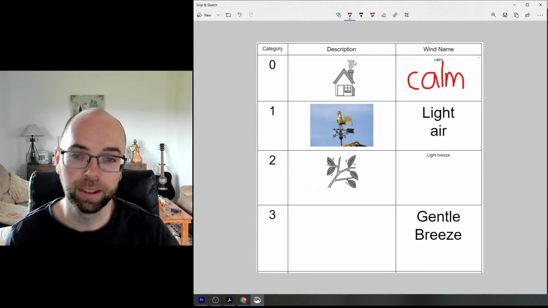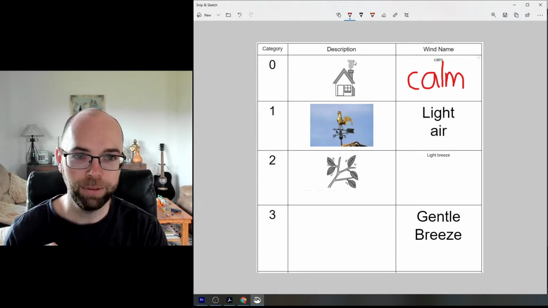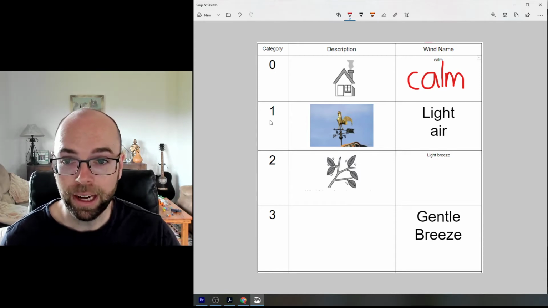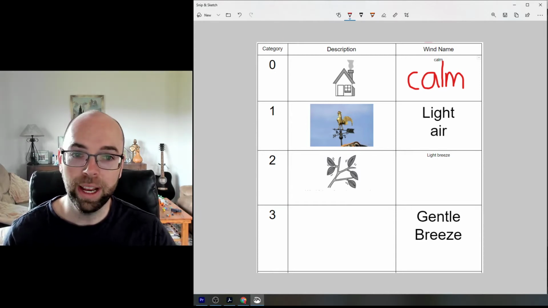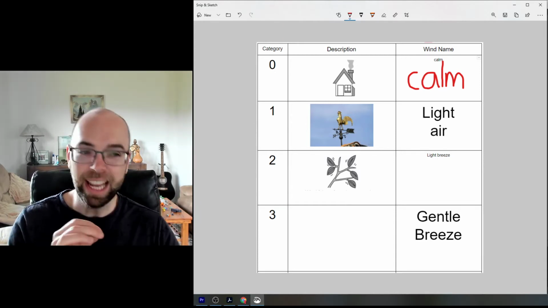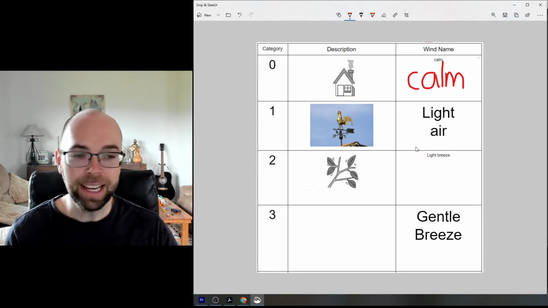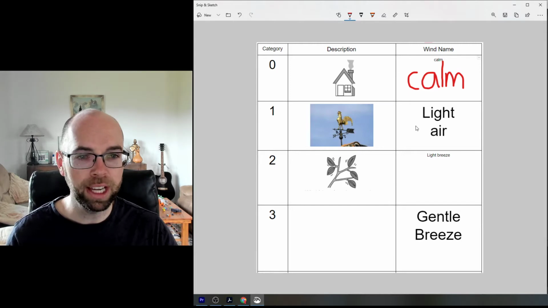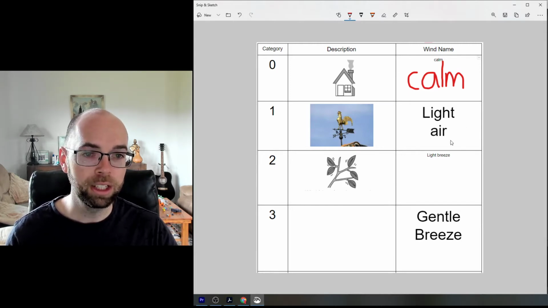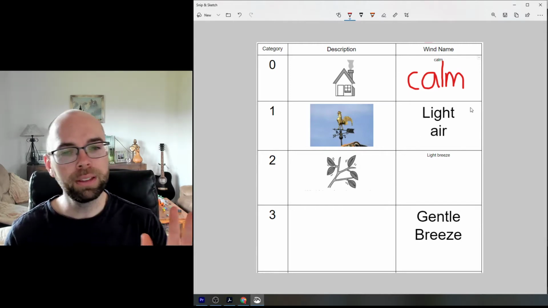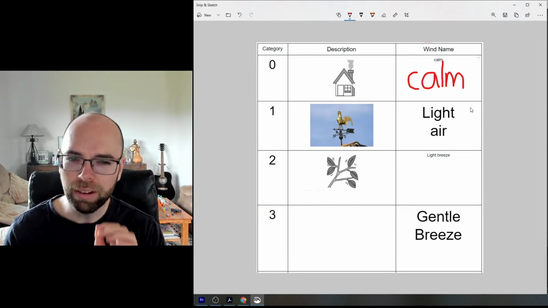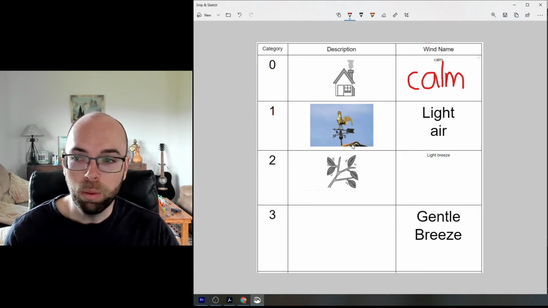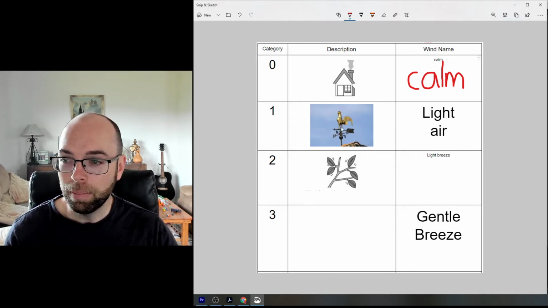Okay? All right, so that's our first one. Now the next one I've already done for you. Category 1. This is when there is just hardly any wind. It's just a tiny bit. And this is actually called light air. Okay? We don't really use that term much, but that's what they'd call it in the science words. Light air means it's very gentle. Very gentle. Okay? Now, with this one here, it would be just enough